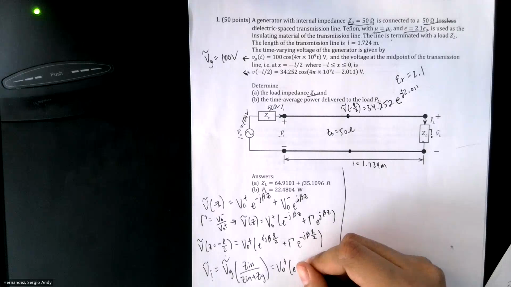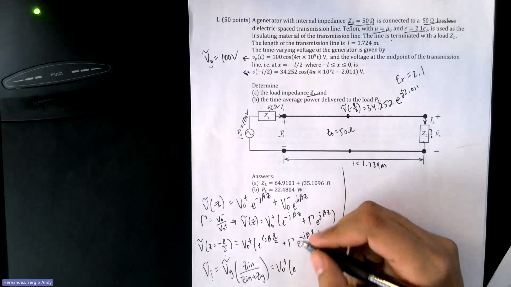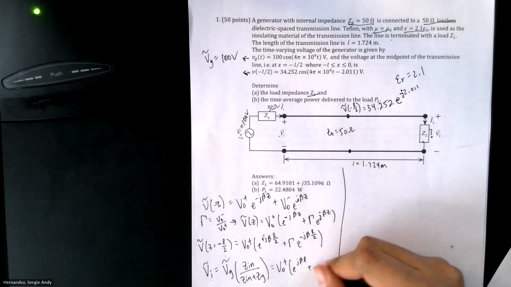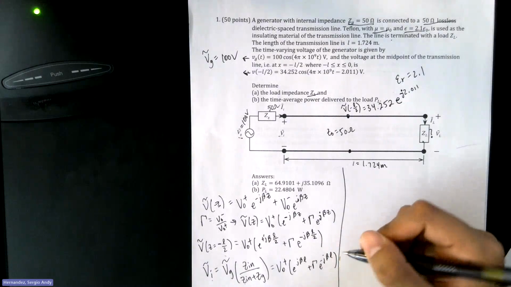Give me the version with the L. e to the j beta L plus e to the minus j beta L. Right? And then you get rid of Z in, so that's one less unknown, and you get rid of Vg at final. There you go. So three unknowns,